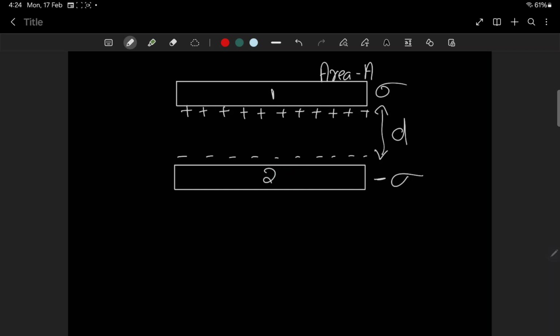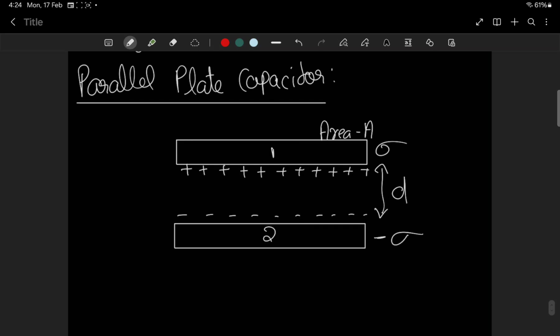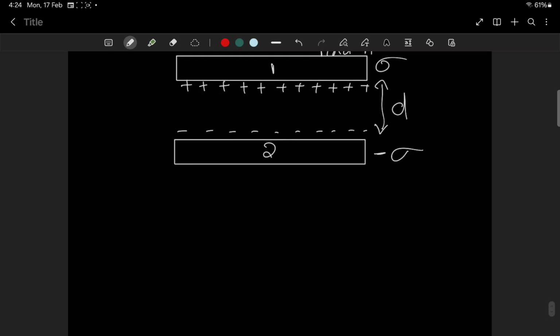Yes. So look, now we are going to find out many things from this. First of all, we need to get the electric field. First of all, the electric field outside both the plates is 0, because there are no charges. The charges cancel out. So electric field,